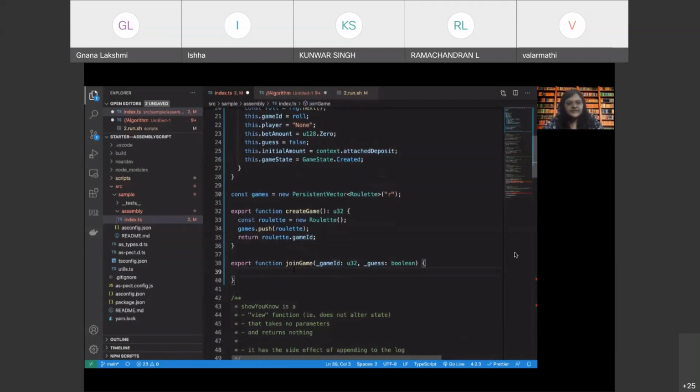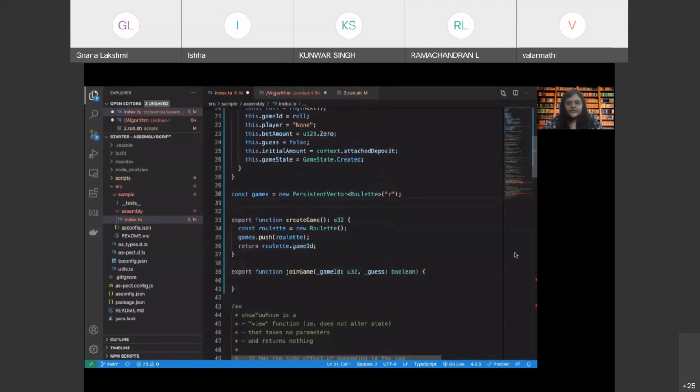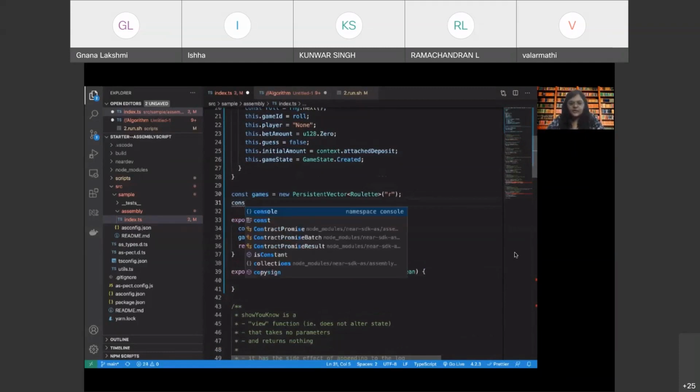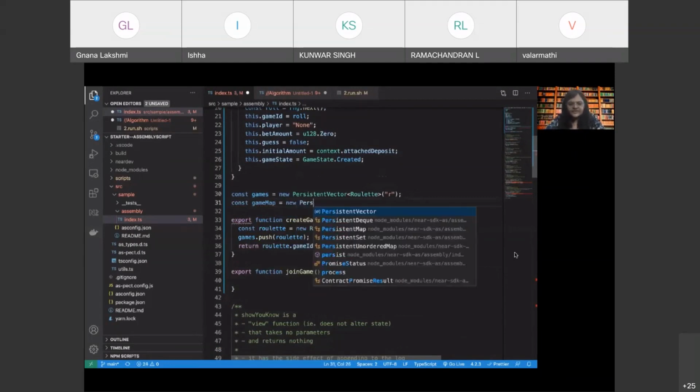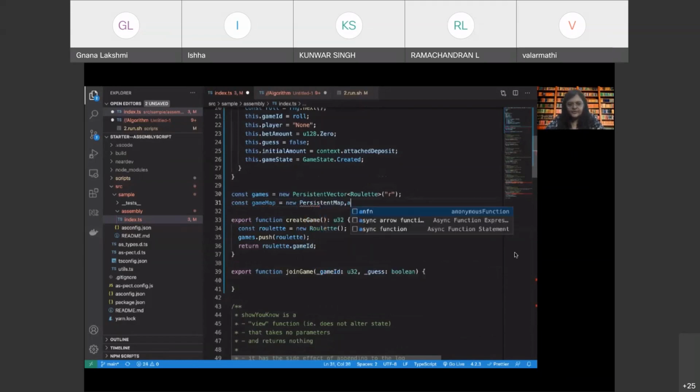Now, all right. Now, in order to retrieve the game directly using the ID, we can also create a persistent map. All right. So this can have a U32, that is the game ID itself.